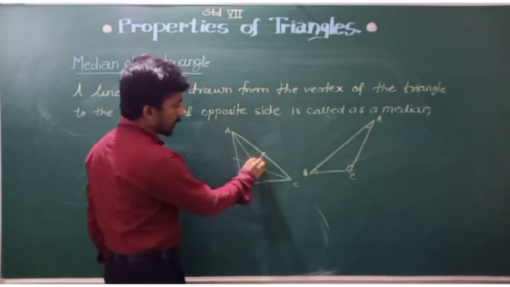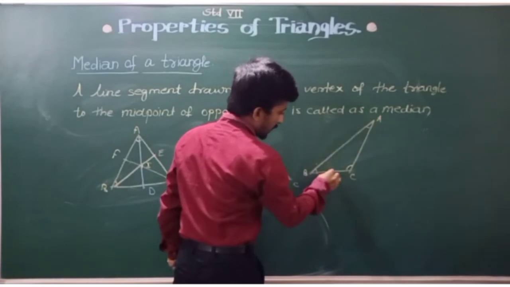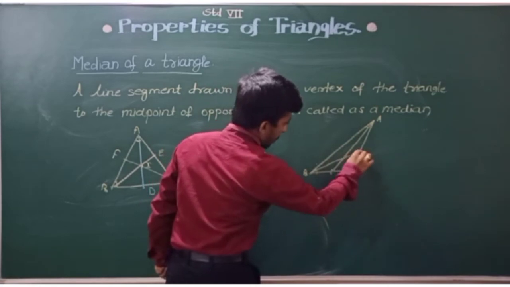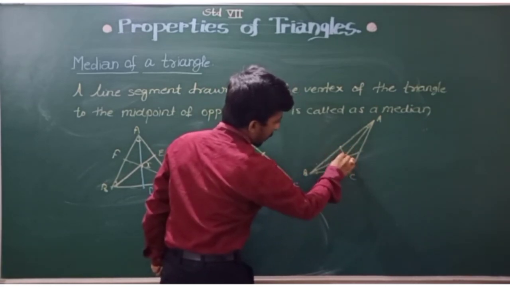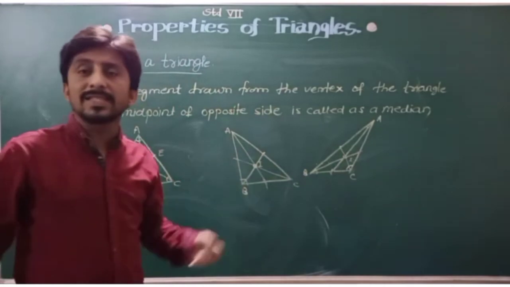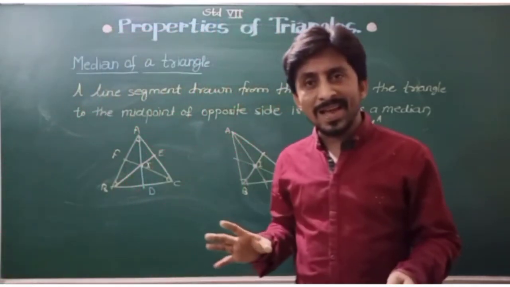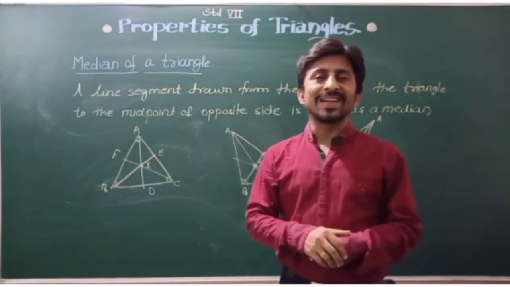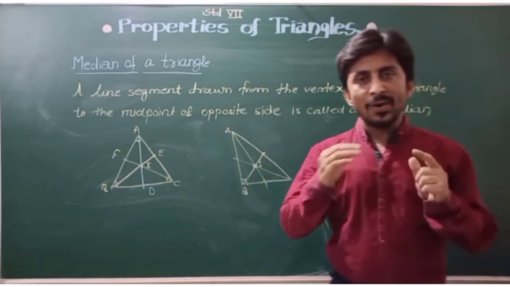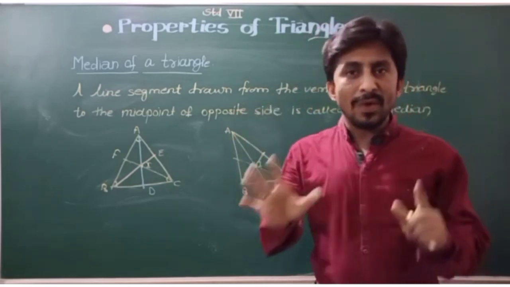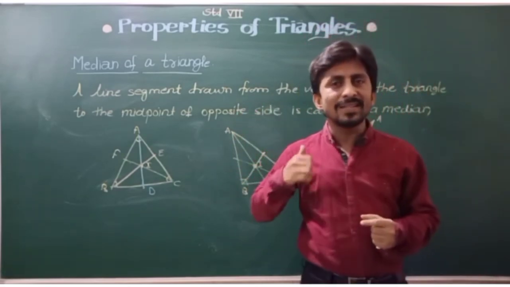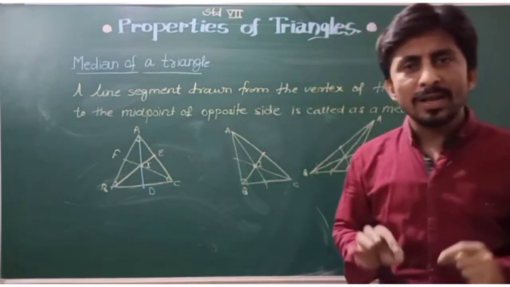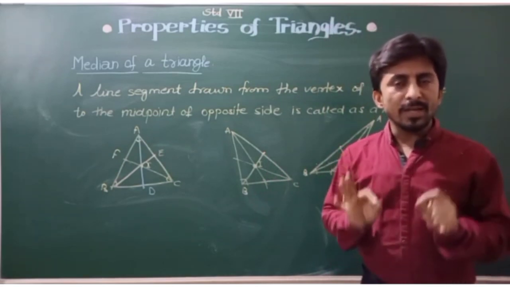This is the intersection point for this triangle, the obtuse angle triangle. And why I have said this statement, that the median of a triangle lies within the interior of a triangle, when you study the altitude of a triangle, then you will come to know that. Okay? So I hope up to this point, whatever I have tried to teach you in this video lecture, you have understood. Please copy down the notes and try to study. Okay?